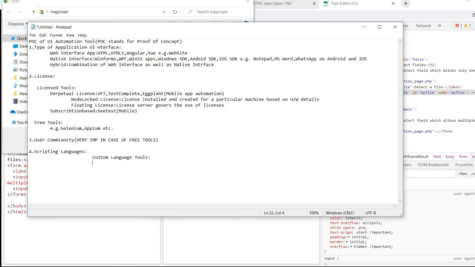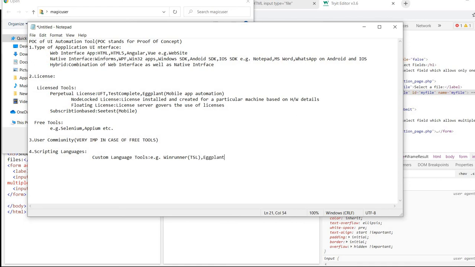Custom language tools, I'll give you a few examples. For example, Windrunner is quite an old tool. Nobody uses it, but it used to support the TSL language. Then Eggplant.